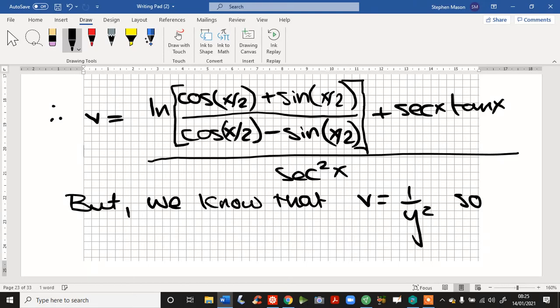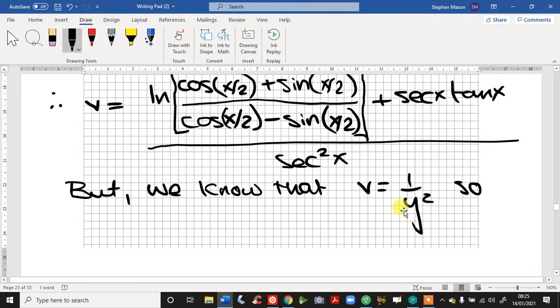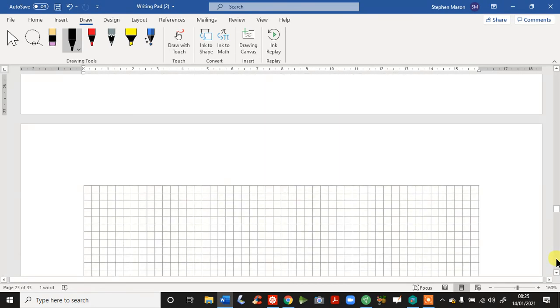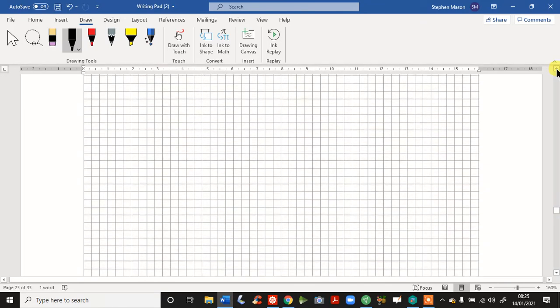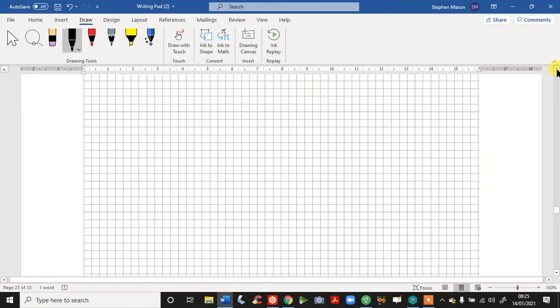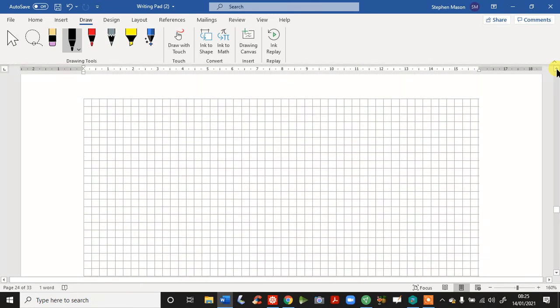So if we just substitute in 1 over y squared into the left-hand side for v, we get 1 over y squared is